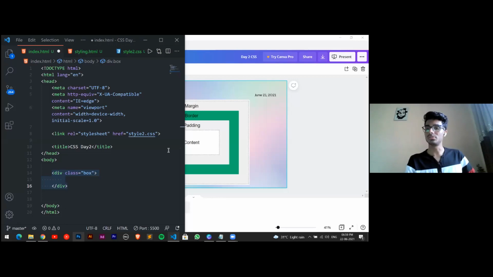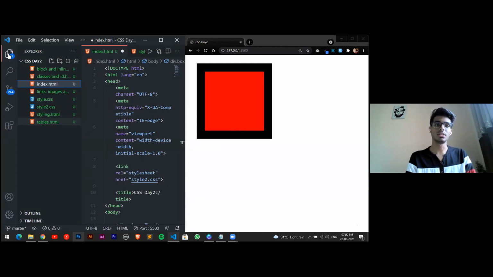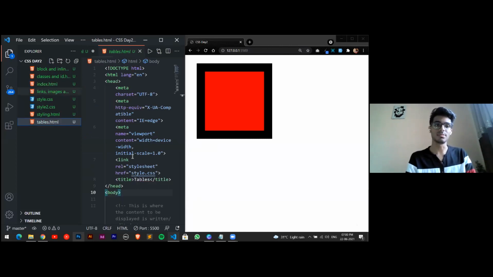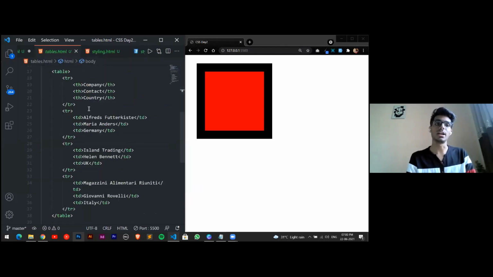Okay, cool. We'll go forward with the tables now. I've already created a table over here, so we can save some time and deploy that time to the properties. Nothing new, just the common convention which we had used yesterday. That is, we open a table tag, close it, give a tr row.